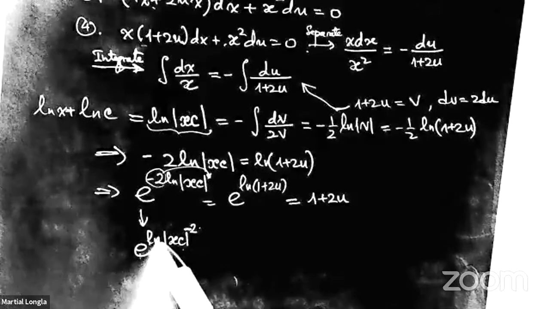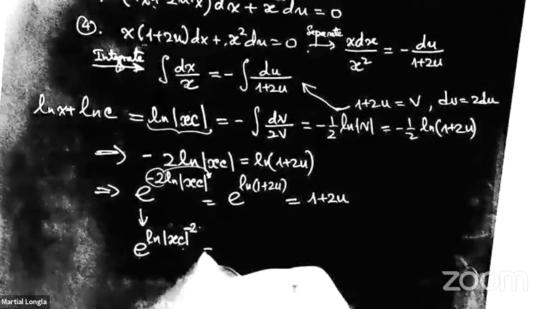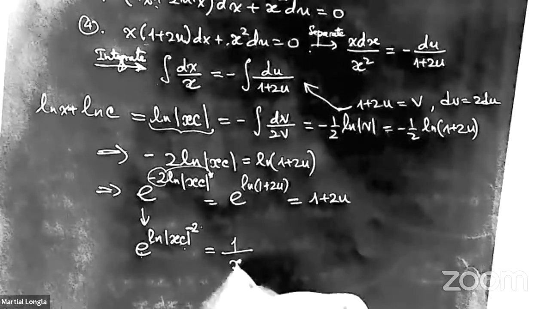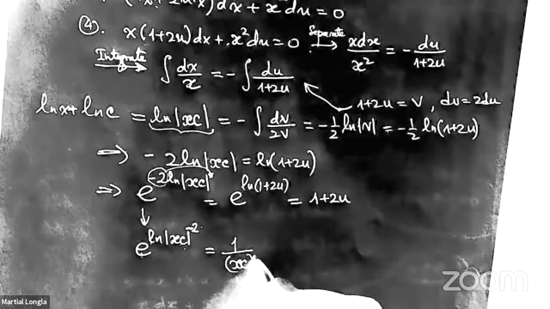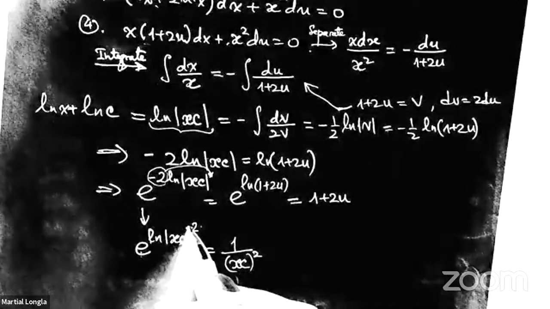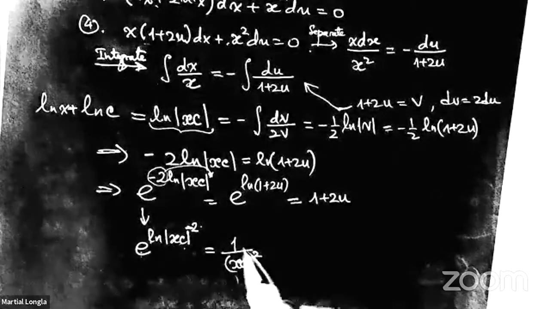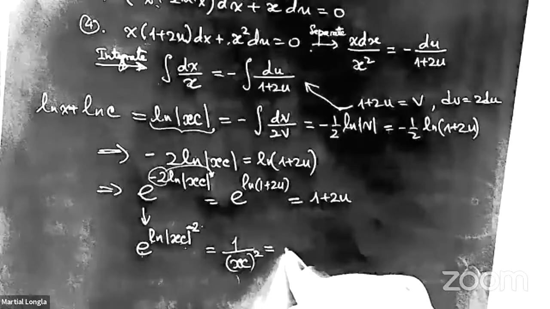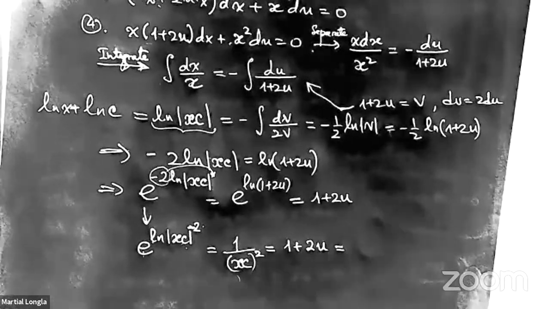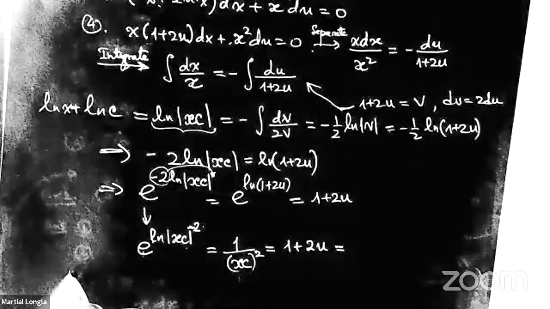An exponential of natural log is what is inside, and that's why this is 1 over xc, and I can just write that like this, xc squared, because negative power is 1 over, equals 1 plus 2u. And now you can replace on the last step as we do,